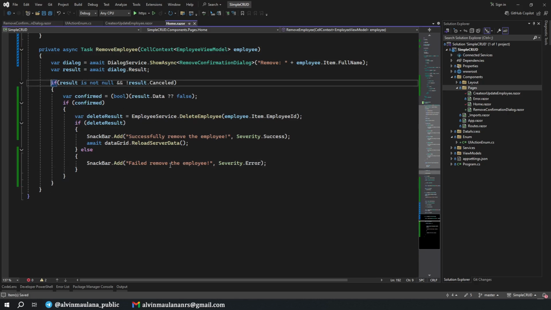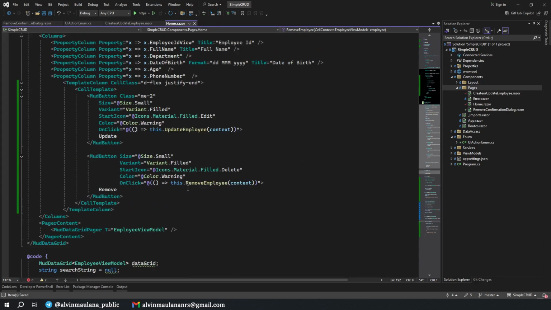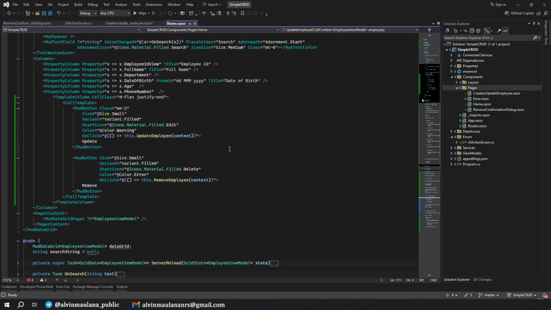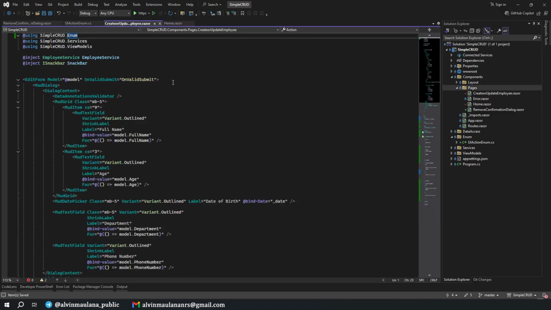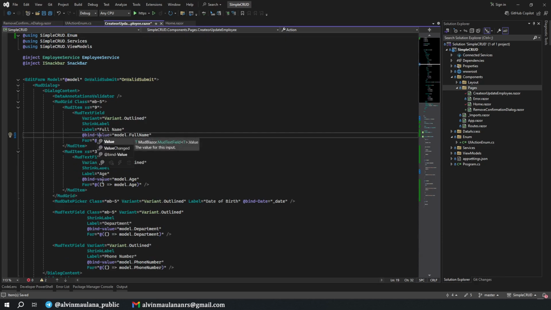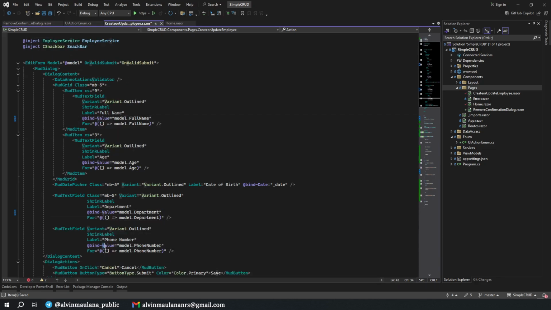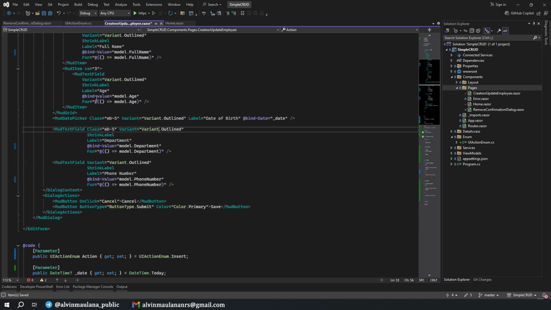Okay, clean up a bit, and let's see. Okay, for the color of remove, we need to set it as error. This one is orange and this one is red. Okay, I have compiled it and I found another issue. The issue is, okay, this one should be with a capital V, Value, Value, and Value.